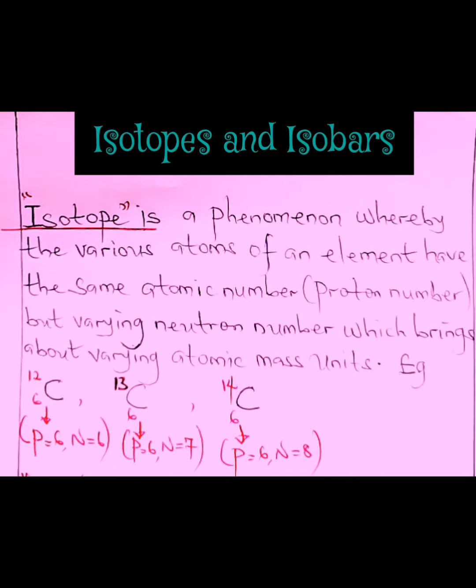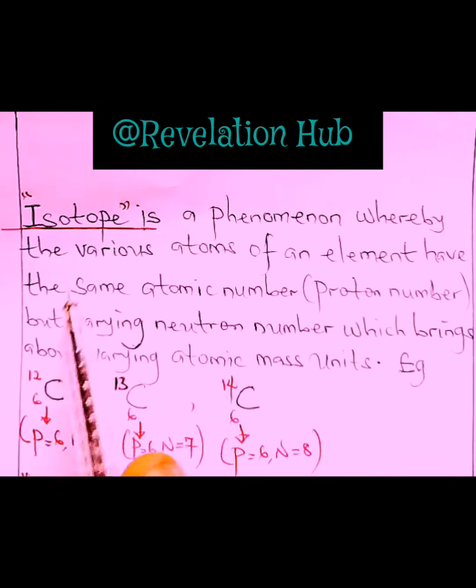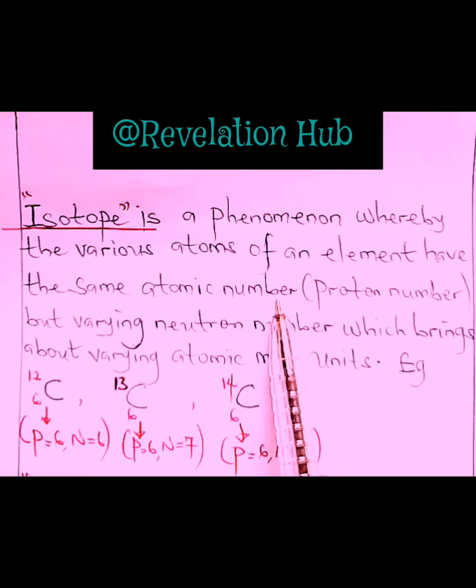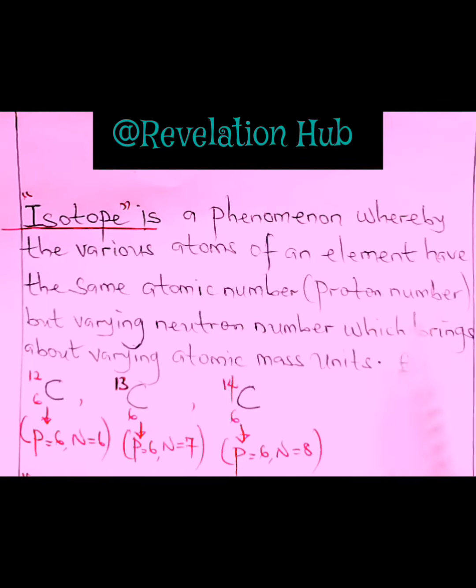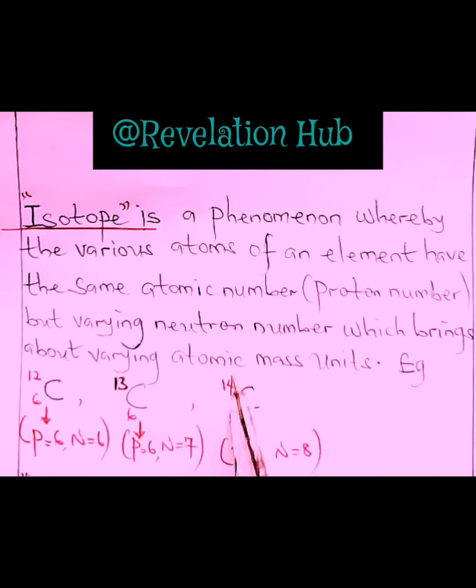So what is an isotope? An isotope is a phenomenon whereby the various atoms of an element have the same atomic number, that is, the same proton number, but varying neutron number, which brings about varying atomic mass units. So when we talk about an isotope, we are talking about a kind of condition, or I can call it a kind of phenomenon,